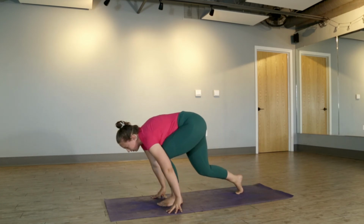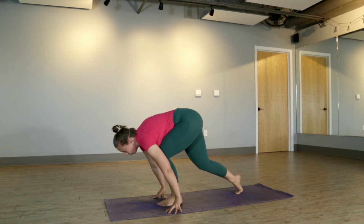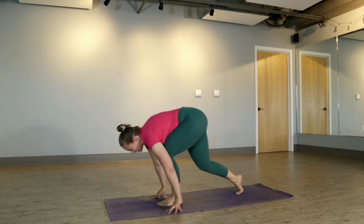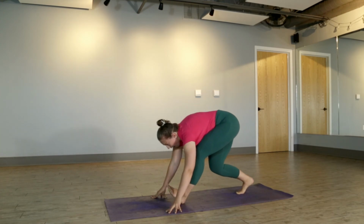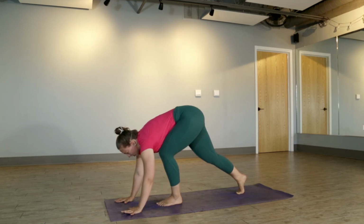Inhale, come forward. Exhale, pull back. Awesome, 3 more just like this. Inhale, forward. Exhale, pull back. Awesome, 1 more, come forward. Exhale, pull back. Inhale, come forward, pause, walk your hands forward where you can firmly plant your hands down, and